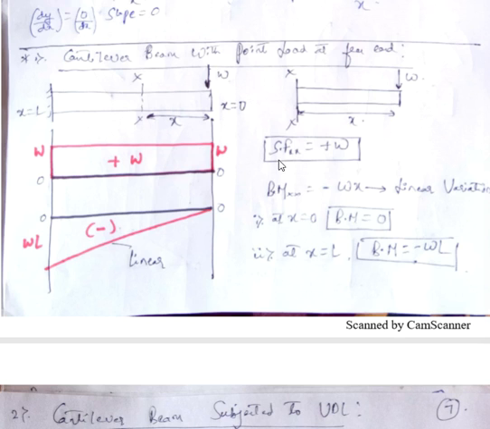Now come to bending moment. We all know that bending moment is given by force into perpendicular distance. Take bending moment with respect to x-axis. Come from right side. Bending moment is force into perpendicular distance. Force is W and perpendicular distance is x. Only one force is acting, and look at how this force is going to bend.